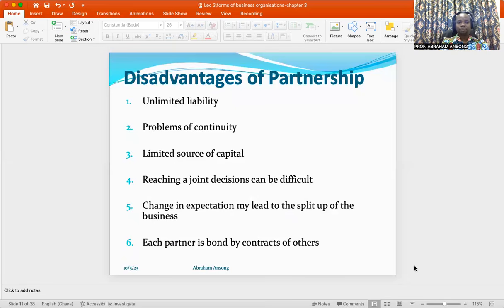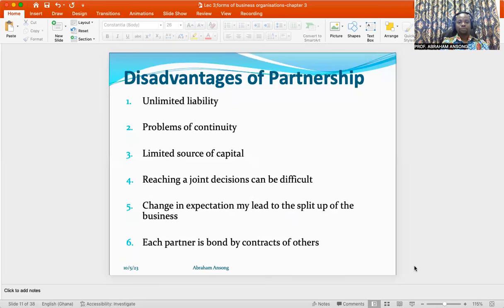All right. Limited source of capital. Once again, this point is coming because we want to compare partnerships with companies. Okay, there is higher tendency or higher chance for companies to be able to access loans compared with partnership. Once again, it's because of things like the size, it's because of how these companies are managed, the structures that they have in place, the transparency and accountability that are associated with companies gives them a better chance to be able to raise more money compared with partnership. All right. So that is the other reason why this will be a disadvantage for partnerships.